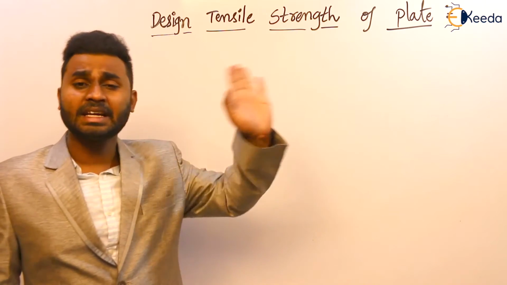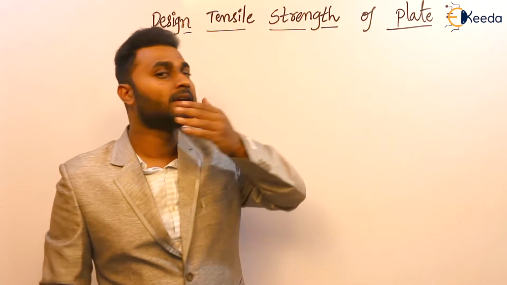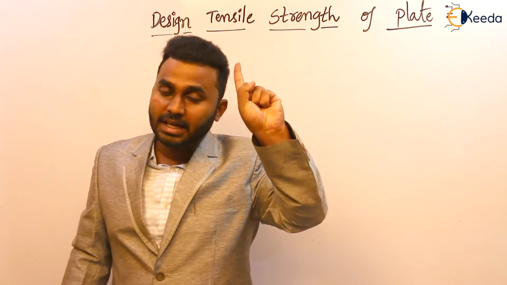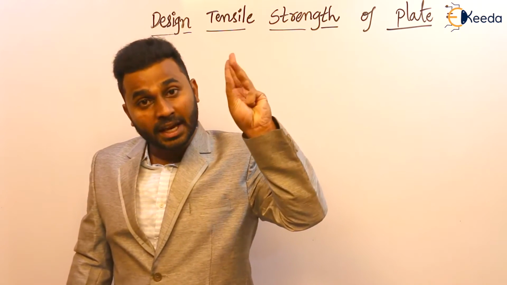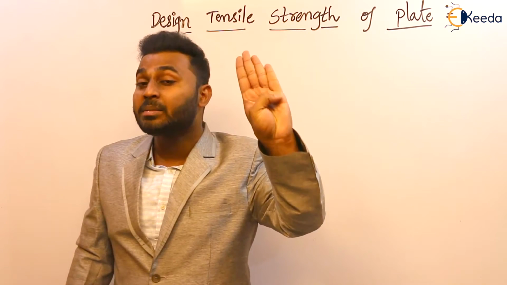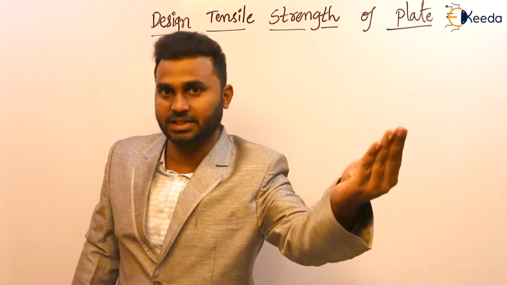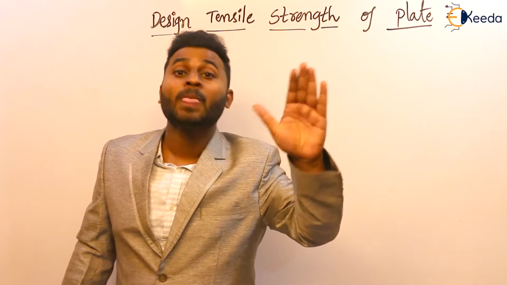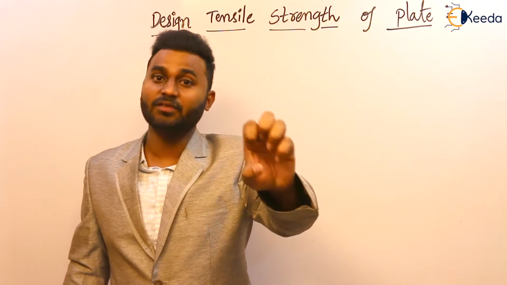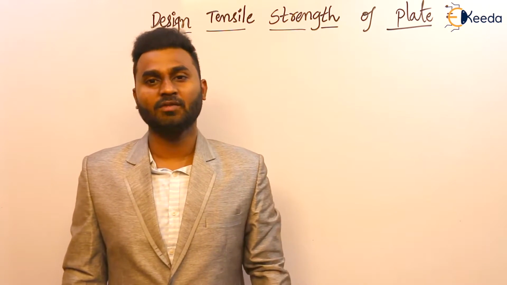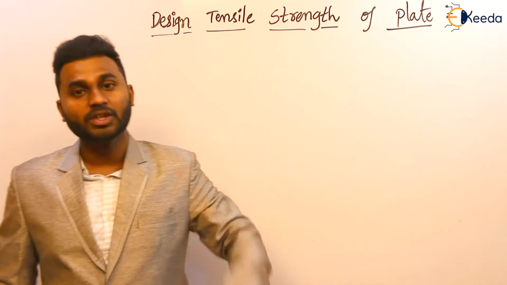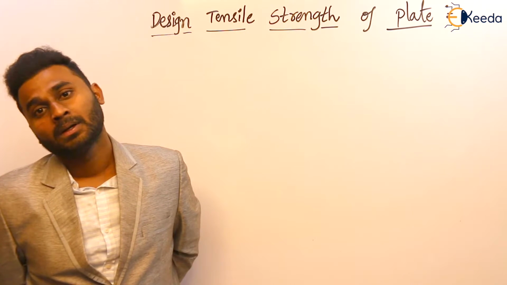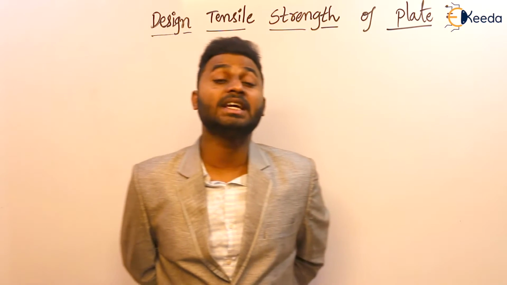So these are the design strengths that we have discussed so far in the design of bolted connection: design shear strength of bolt, design bearing strength of bolt, design bearing strength of plate, tensile strength of bolt if it exists, which is not a regular effect in a bolt, and then design tensile strength of plate. Out of these, now tell me, what is considered as the design strength of a bolted connection?